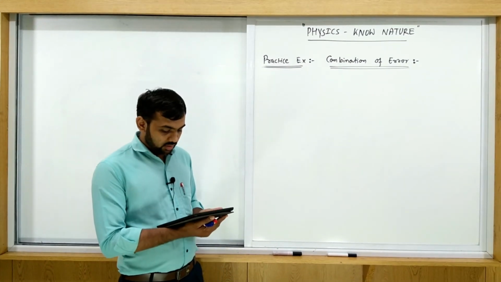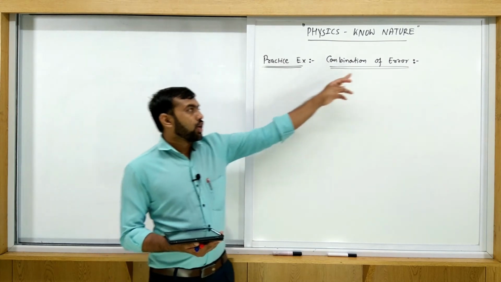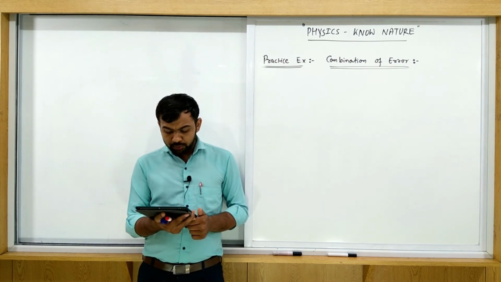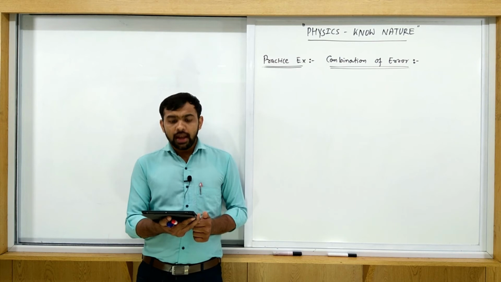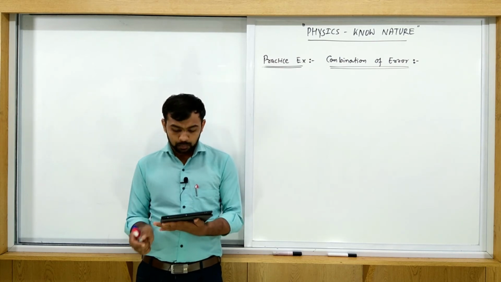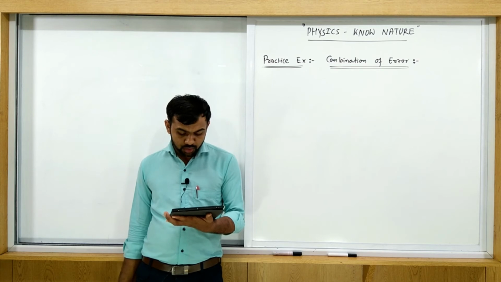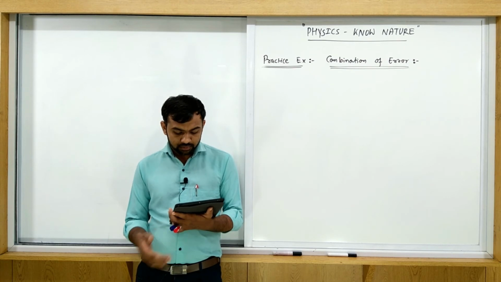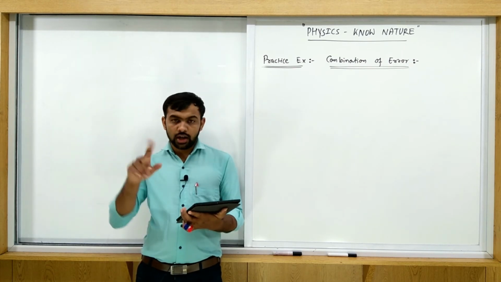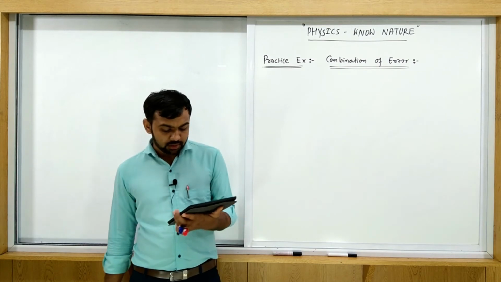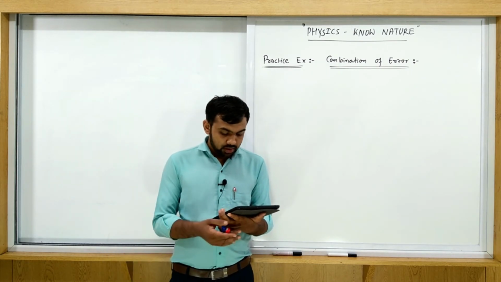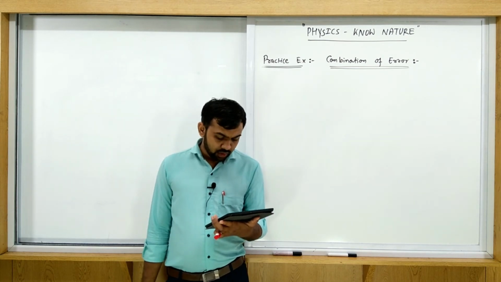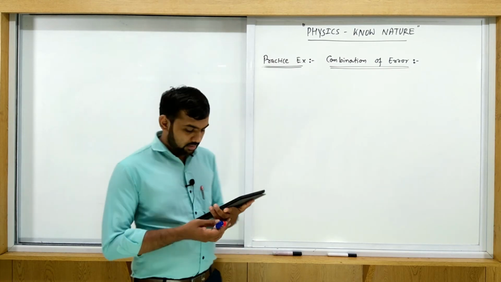Okay guys, let us solve one example which is based on again combination and error. Extra example, write down the problem statement. In an experiment to determine the density, density is called rho. So write down in bracket rho, of an object of mass and volume are recorded as